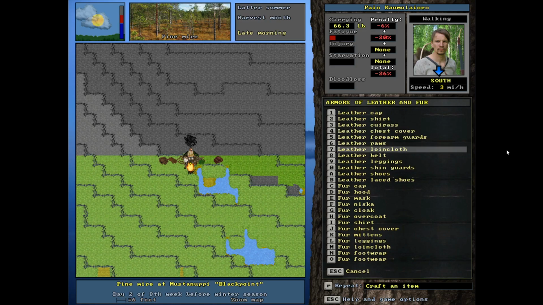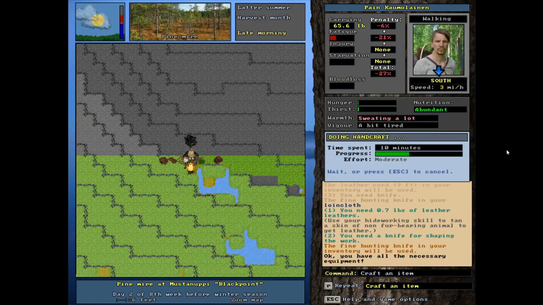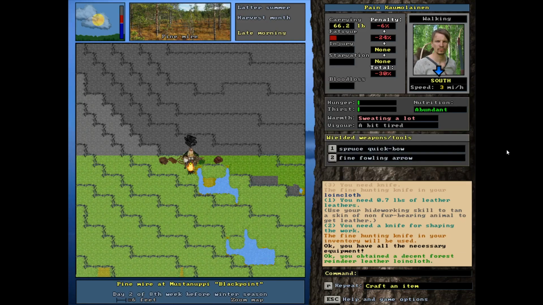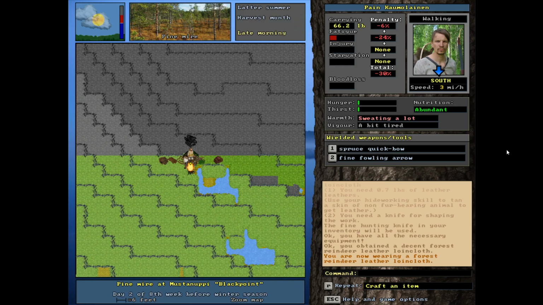We already do that. Ooh, loincloth. This will help him. This is probably a good thing here. This is the undies, as far as I understand it, right? Let's wear some loincloth now. Point a very small amount. All right,